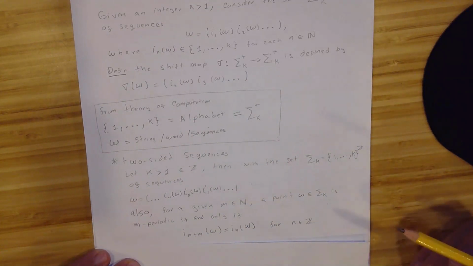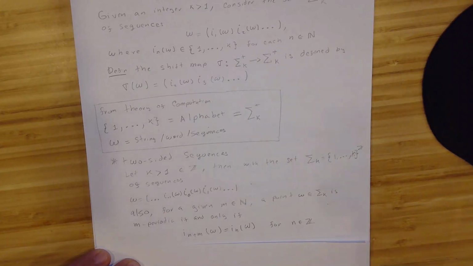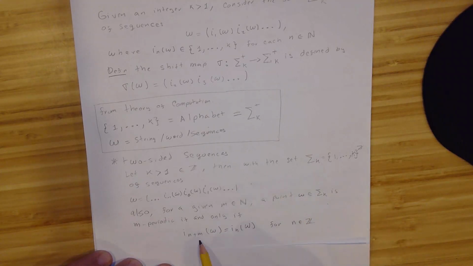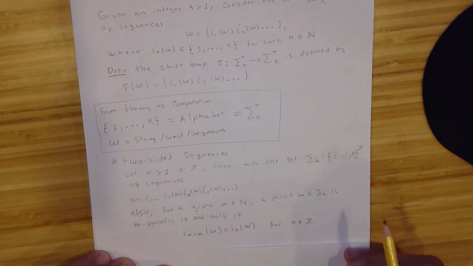and also we call that a sequence, a point, is periodic if the values of the digits are repeating, let's say n times or m times. If we have this for any n that belongs to the integers, in that case we call this point n-periodic. Okay,